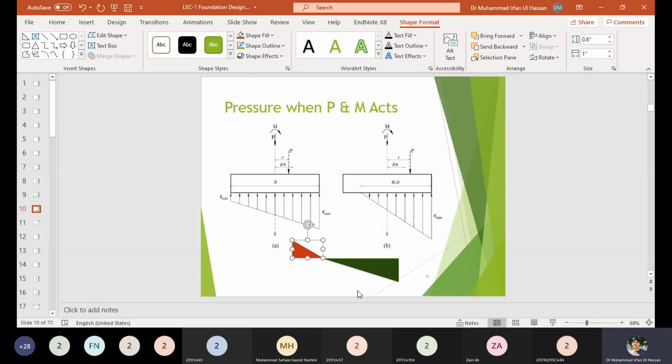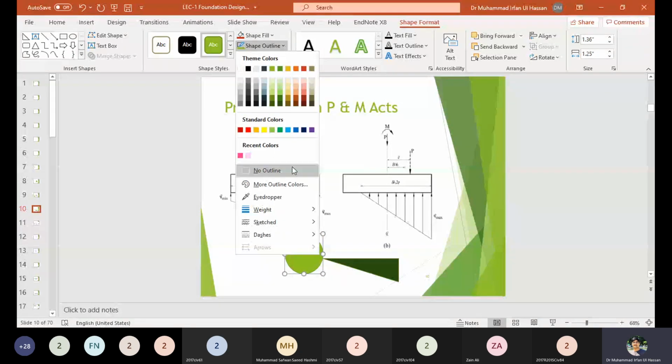So this tensile pressure is basically developed under the foundation, this pressure is